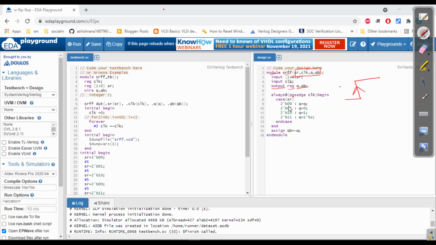So case SR: when 0 0, Q is equal to Q, as we have seen in the truth table. 0 1, then 0, and 1 0, then 1, and then 1 1, then unknown state, and then end case, and then end. Now we give an assign statement after the always block. So Q bar will be the complement of Q, and then end module.